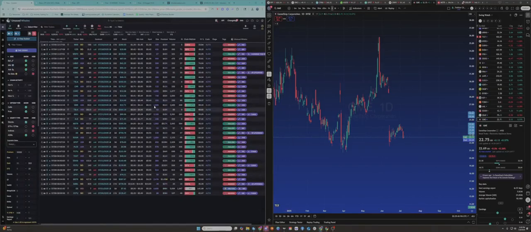GameStop 26.5 Cs. Even though it's tiny size, you'll go through different trends where you'll see different size flow work out differently. Lately it's been the small stuff with good chart setups. Sometimes you'll go through a couple month period where you'll see a repeat pattern of it's not that stuff. It's stuff with 100K to 500K of buy to open calls, and there's just no setup on the chart, kind of neutral, but it'll get news, it'll run. A lot of that will happen during buyback windows, stuff like that. So you'll see different windows where different kind of flow works, and you want to tail different things.